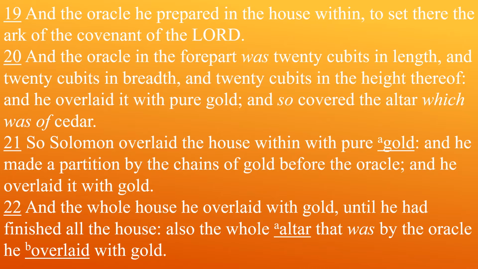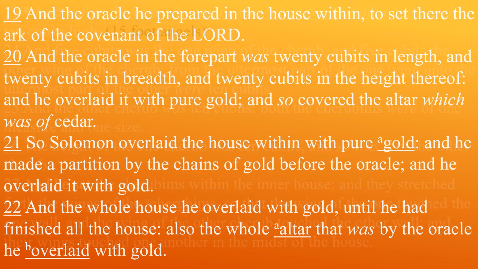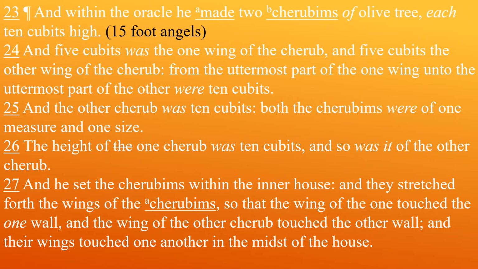And the whole house he overlaid with gold, until he had finished all the house. Also the whole altar that was by the oracle he overlaid with gold. And within the oracle he made 2 cherubims of olive tree, each 10 cubits high, that's 15 feet tall, 15-foot angels, and